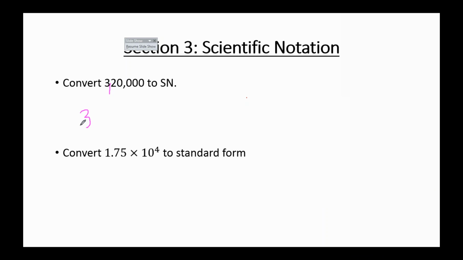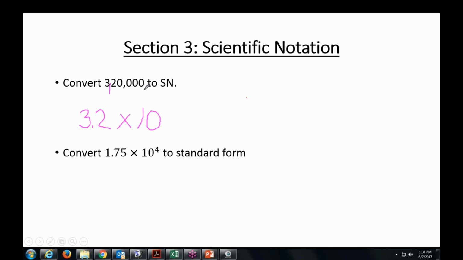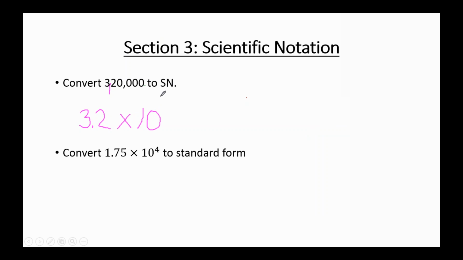Now it's important that all non-zero numbers are included. So your first number is going to be 3.2 because those are all of the non-zero numbers in here. Okay, so 3.2 times 10. And then when you're figuring out your exponent, well, the decimal point started here. Remember in math, if you don't see it, it's automatically at the end. So how many spots did we move to go from green to pink? Well, 1, 2, 3, 4, 5. So basically, if you can count, that will help. If you can't, use your toes. So we have 3.2 times 10 to the 5th, and there's my answer in scientific notation. We know our exponent is going to be a positive 5 because 320,000 was a large number.